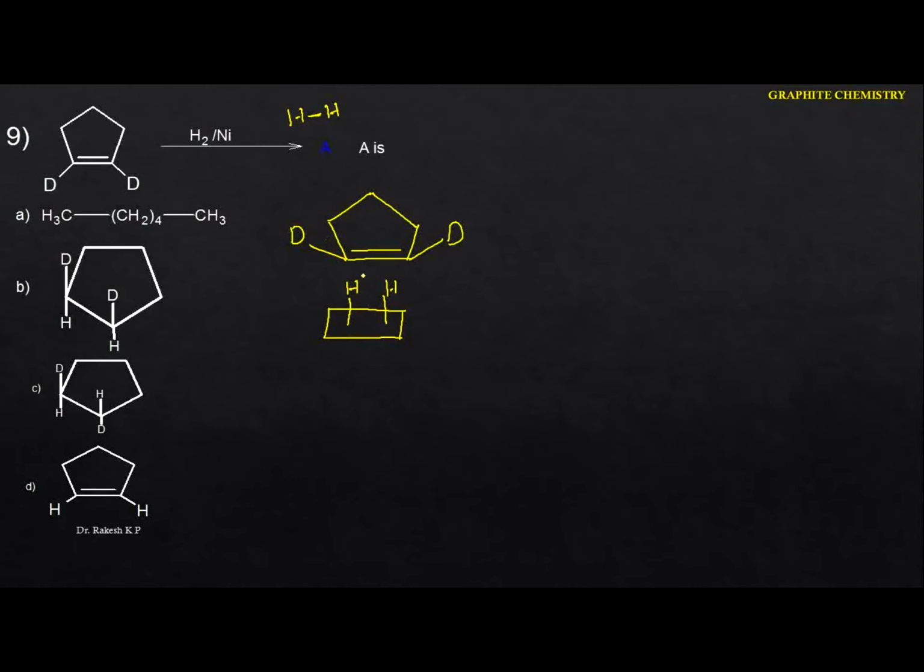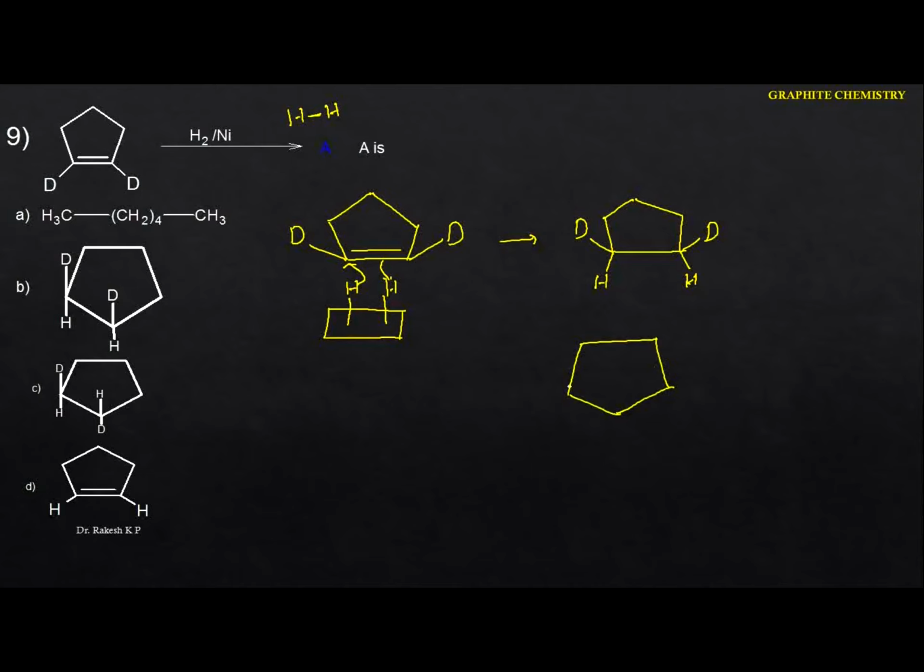When this is treated with the alkene here, we can identify the addition. That means this hydrogen goes here. Let's go to the product you are going to get here. So here both the hydrogens are present on the same side. Now I'm going to write in this form here. This is the cyclopentane here.